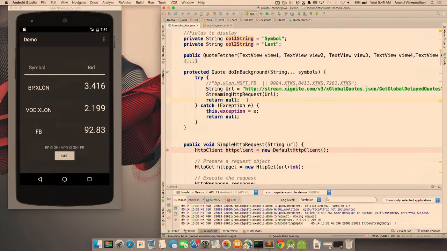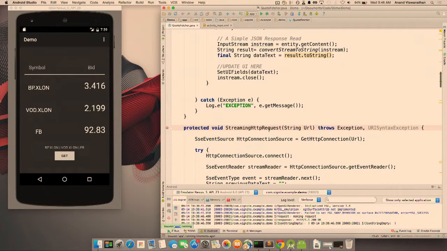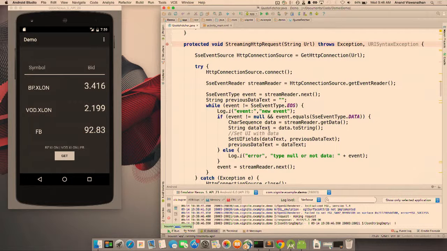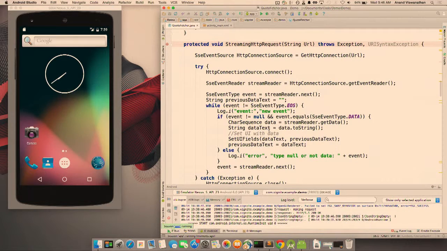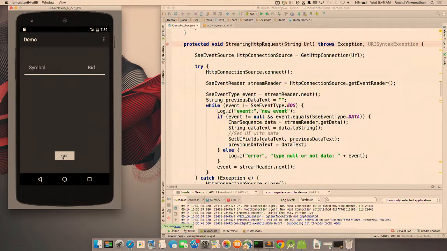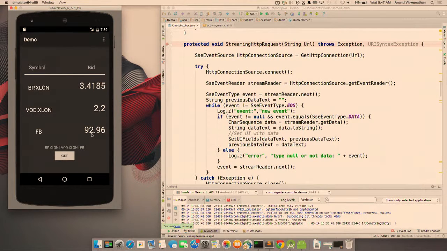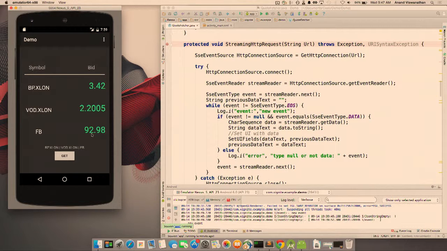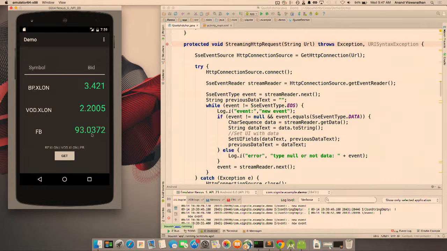So the first change we made points the URL to Xignite's Cloud Stream APIs, which updates the values when the data changes. The second change we made, the streaming HTTP request method, creates an HTTP connection with Xignite's servers. And it listens to events from the server. And every time the server sends an event with the new data, it uses that to update the values in the app. So this third time that we're going to run this app, it's going to display the data. And it's not just going to display the data, it's also subscribed to changes in these values, as you can see.